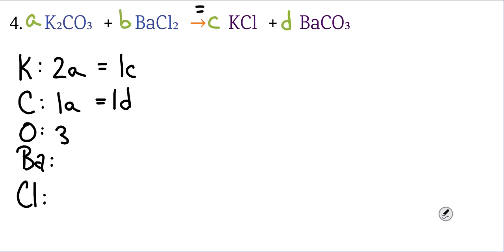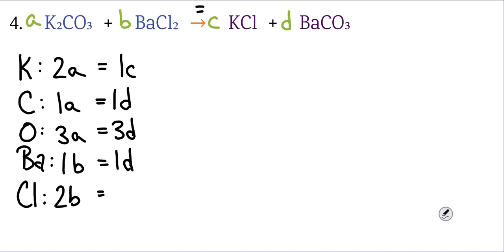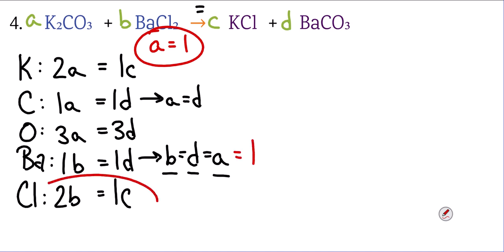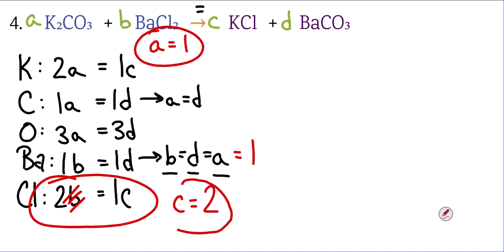Notice we have 2 potassiums associated with A and 1 with C, and those are the only locations it appears. You'll do the same with all the other equations. If something occurs in more than one location, you'll go ahead and say things like 1D and 1C. You'll say things like 1C plus 1D. That didn't occur here. You're then going to choose one variable to be set equal to 1 and then solve